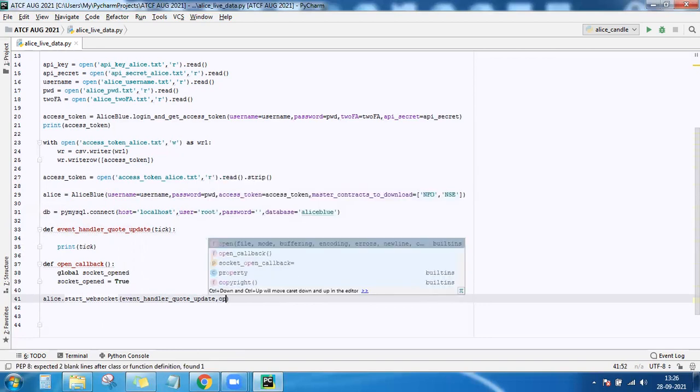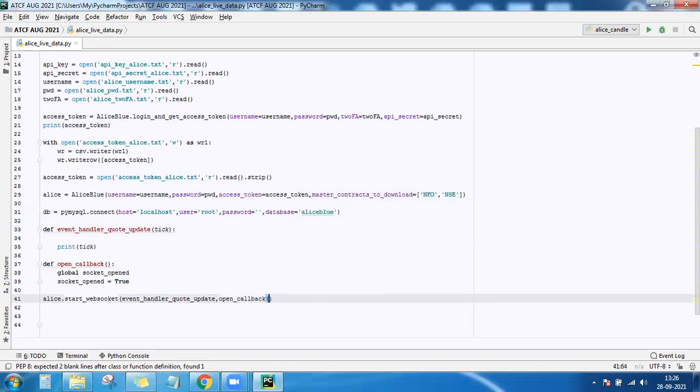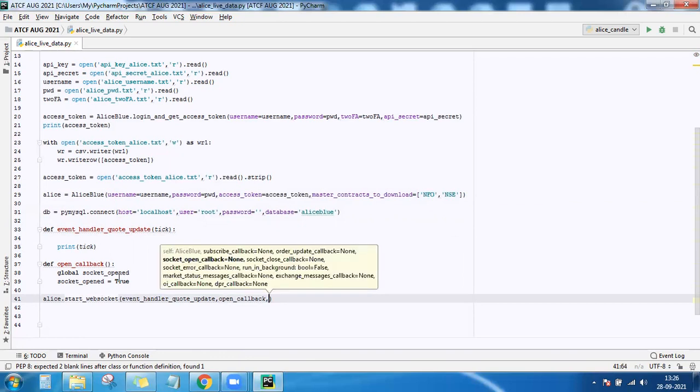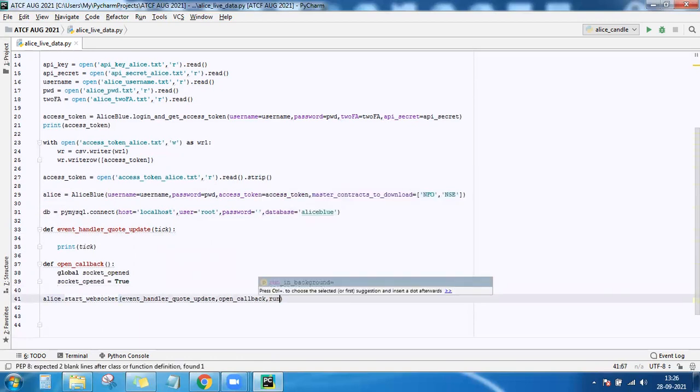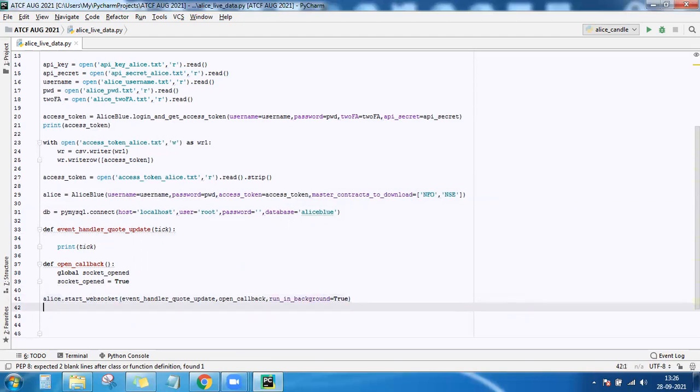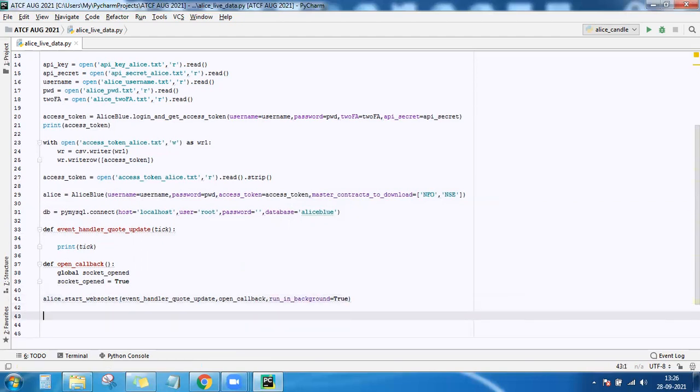And open callback. What is this open callback again? To tell it that the socket is open and it can send the data to you. And do you want to run it in background? Yes. Utilizing the threads. So the WebSocket is now started.